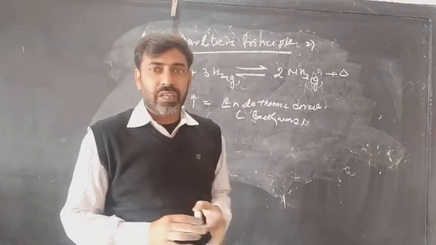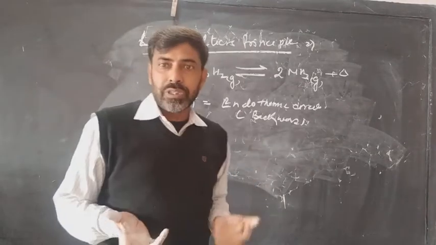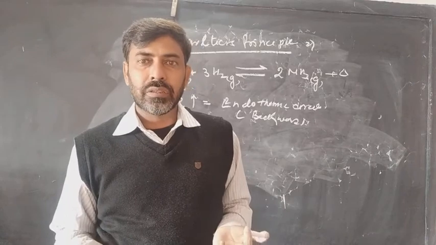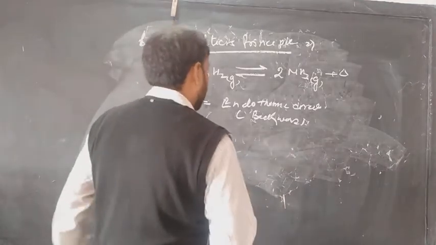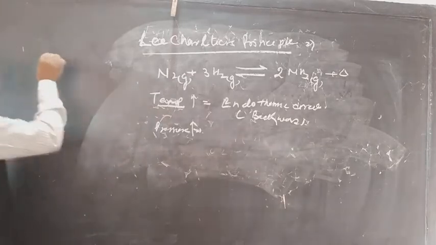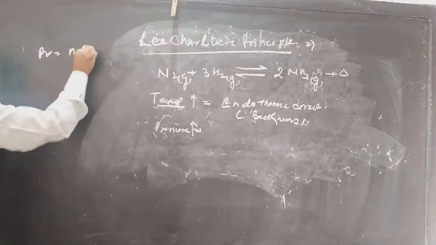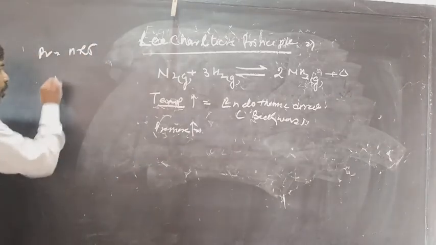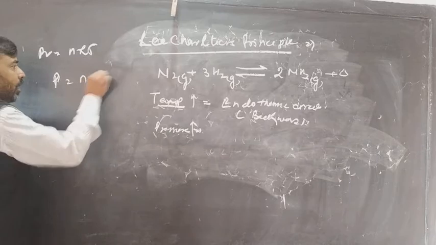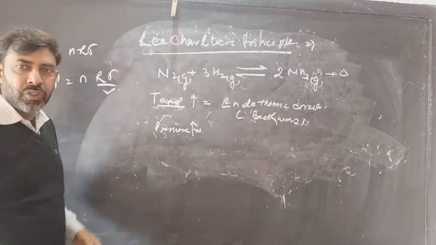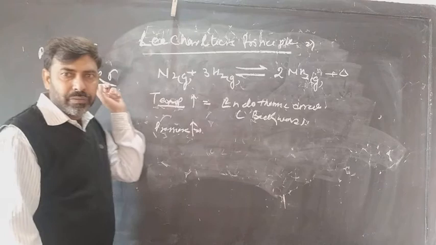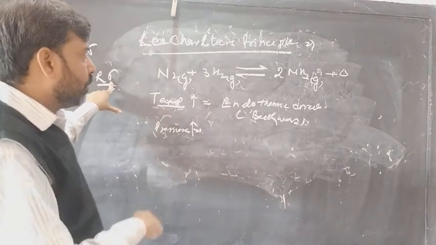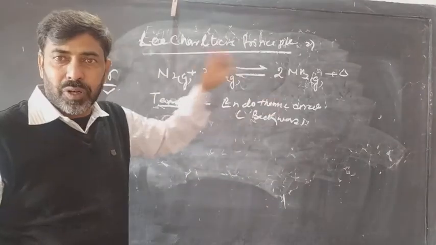These substances are gaseous, and if these substances are gaseous, surely they will follow the gas law. तो हम गैस लॉ से निकालने की कोशिश करते हैं, and gas law says that PV = nRT, या हम लिख सकते हैं P = nRT/V, where R is the universal gas constant. Temperature must remain constant because whatever the temperature for the reactant is, the same temperature will be for the product.